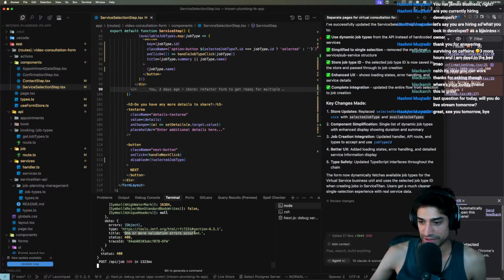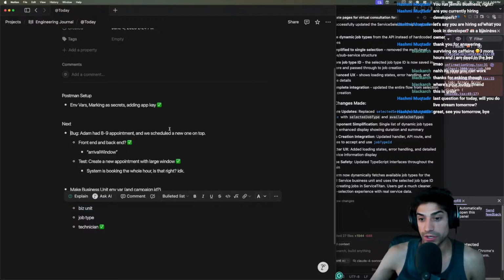One or more validation errors occurred. Trace ID. Errors is an object. So I don't know what the errors are. You know what I need? I need a generic ServiceTitan handler that will log